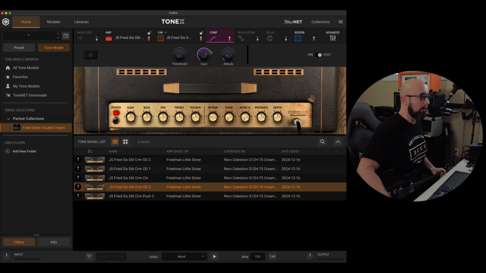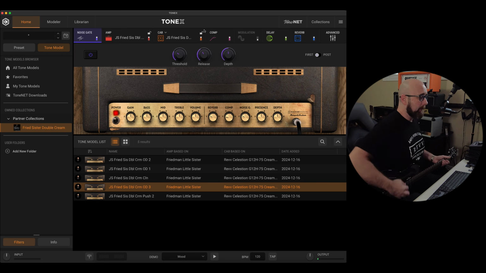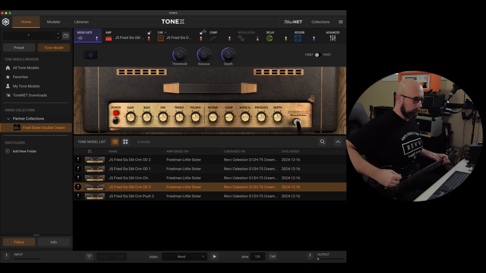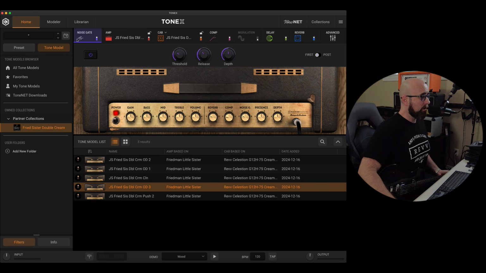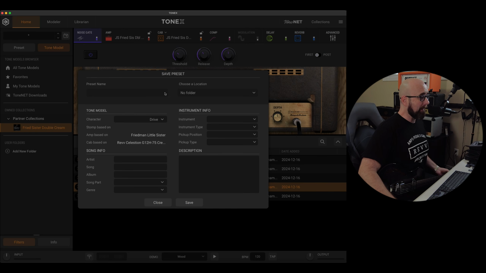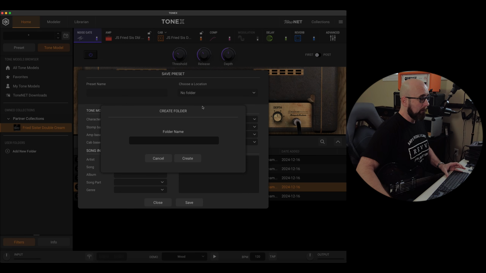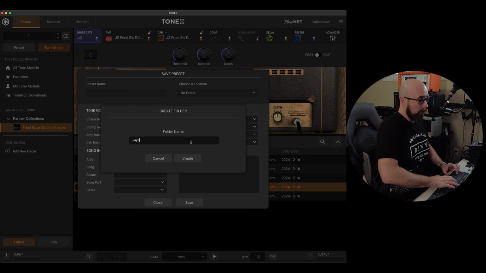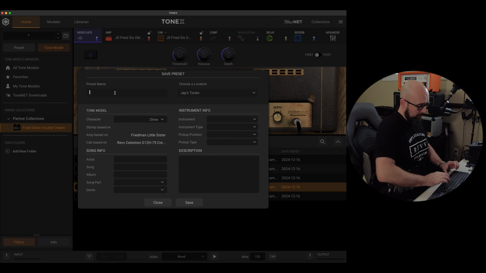Let's say I wanted to bring the post compressor in. And let's say I wanted to add a bit of this tape delay. And let's say I wanted to add a noise gate. So now I've created a particular signal chain, which I can now save as a preset. So I could create a custom folder, and I could call them Jay's Tones. And I can come in here and call it